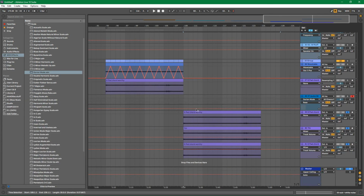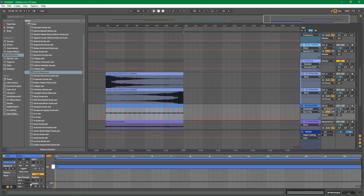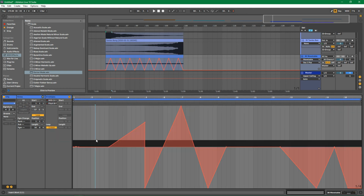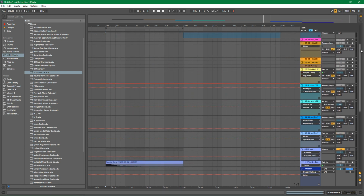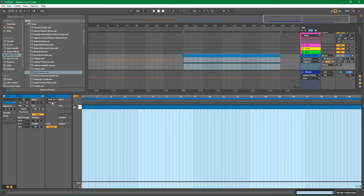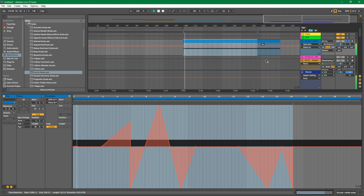And let me grab the original pitch bend from here, open up the clip, Control A, copy everything, Control C to copy it, select everything, then copy it, come back to our MIDI, open up MIDI, pitch bend, Control A, Control V. So now